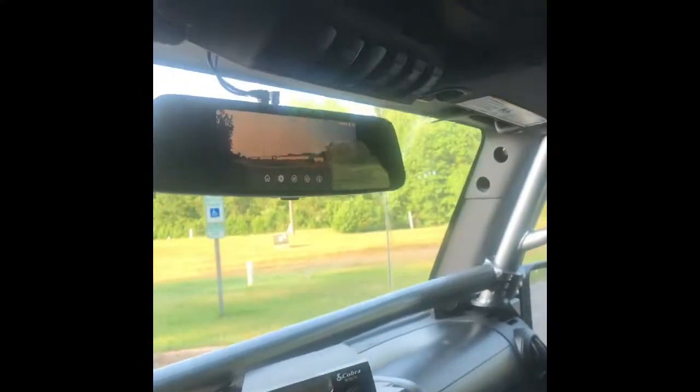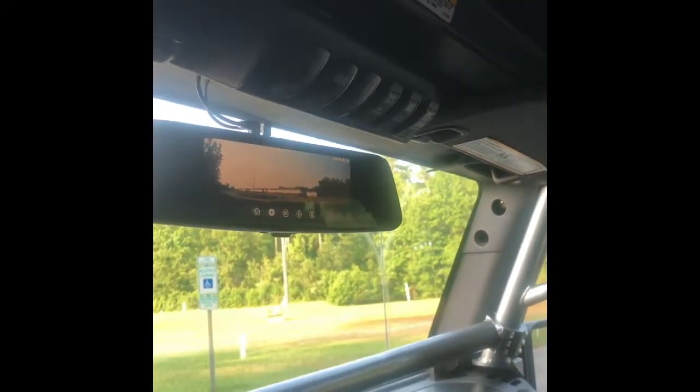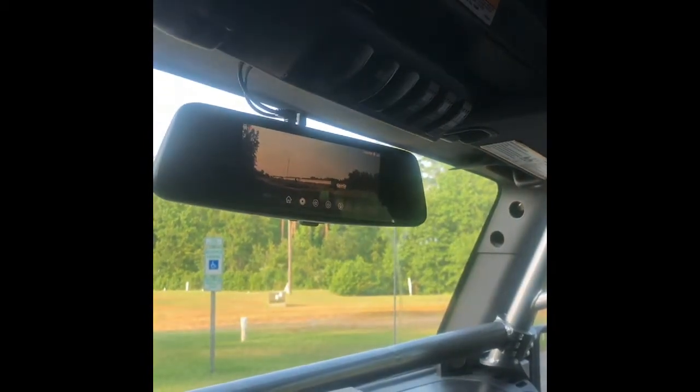So up top here I have, well, an sPOD. It's a 6 switch, so I got a couple lights on there. It's kind of hard to see with the sun right now. And then I have front and rear lockers and the compressor there on the end. Pretty neat little setup. It's convenient, it's clean. One wire to the battery, so it cleans up wiring quite a bit. And then underneath that is the